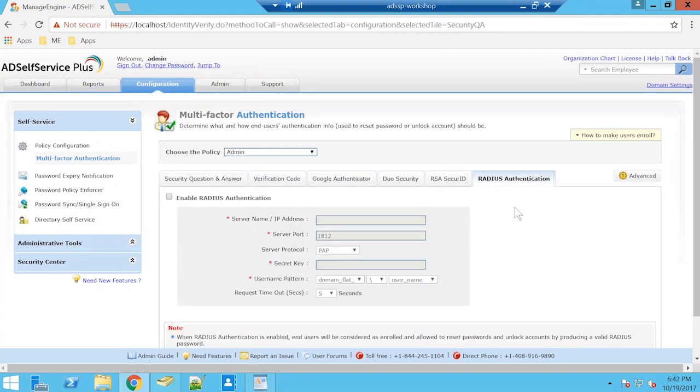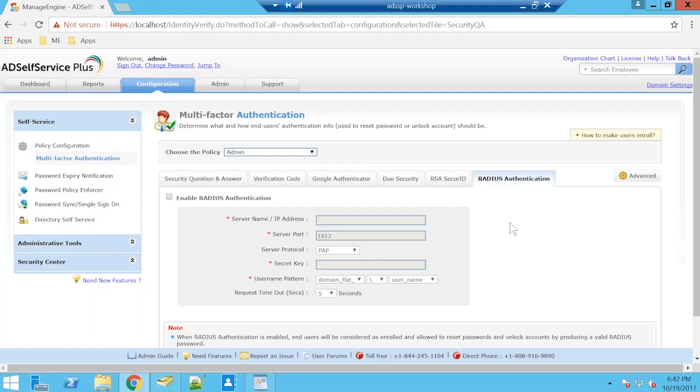So you can customize this based on the policies that you've created in ADSelfService Plus. The policies are nothing but a reflection of Active Directory based OUs and groups, the organizational units and groups present in your Active Directory, and you can choose the multi-factor authentication based on policies present in your ADSelfService Plus setup